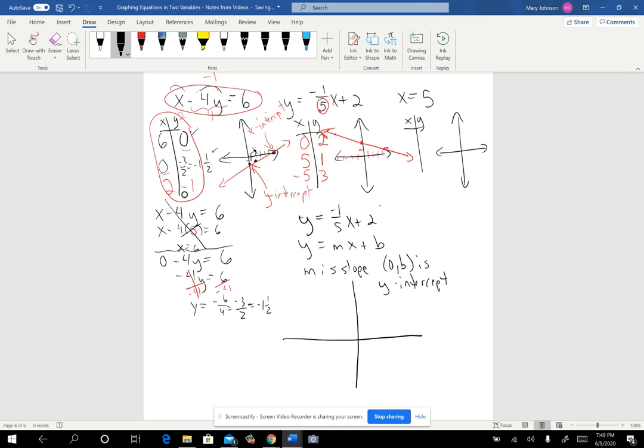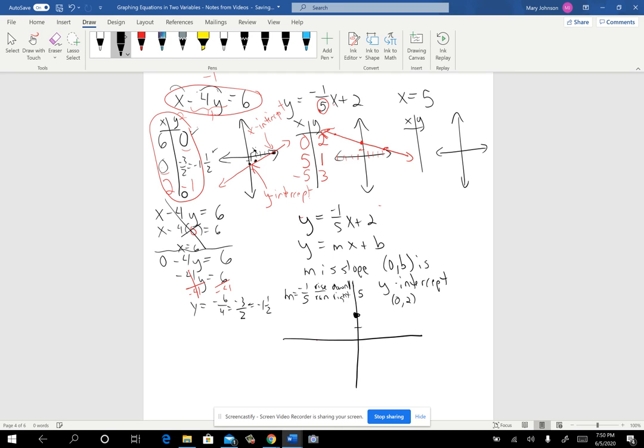So if you're using this technique, you would think to yourself that the m is -1/5. So the top number is the rise, the bottom number is the run. So it's telling you down 1, and it's telling you right 5, okay? But you have to have a starting point, so you have to start with this. The 2 is the y-intercept, so it's telling you the point (0,2) is on your graph, so you start with